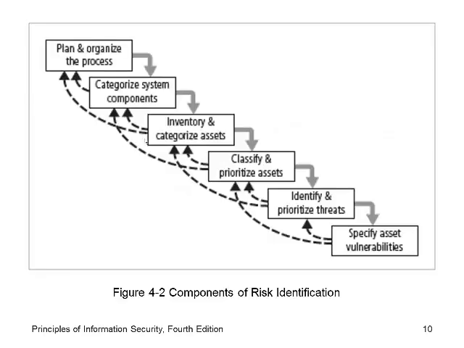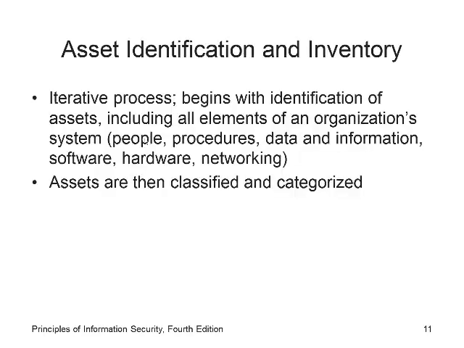All right. Identifying, it says asset identification. Actually, this we're just going to talk about it now. It says iterative process begins with identification of the asset, including all elements of the organization system, people, processes, data, information. Okay. Again, it has to be done. This whole iterative process. What that means is you do it all the time. Every year we buy new computers. Every year. So obviously something changes every year. We're always getting new software. There's always new threats out there. So that's why it's an iterative process. So the assets are classified and categorized.